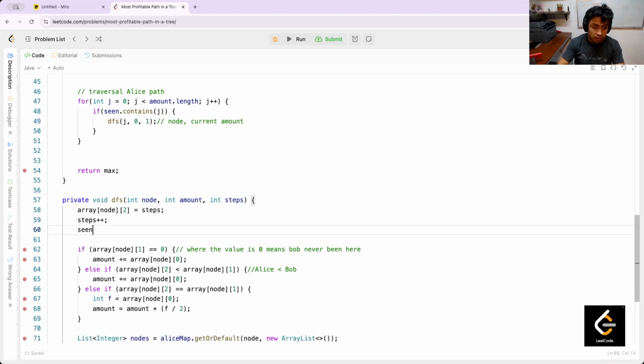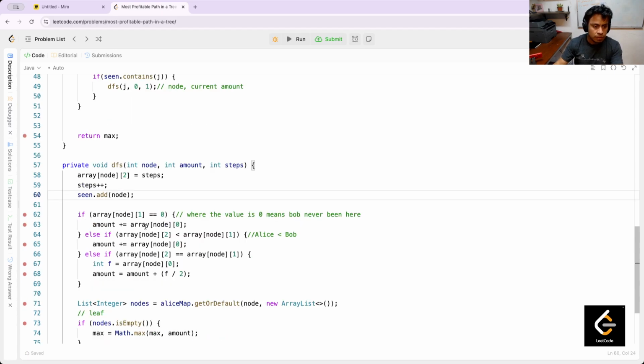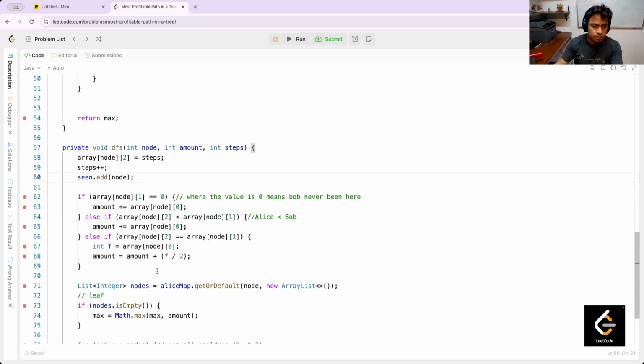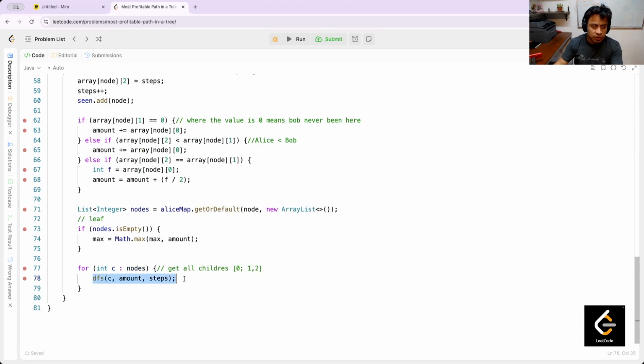Now at this moment add this node. And I'm not sure if I need to do this. Validate here if it is contained, ignore. I think that, yeah,